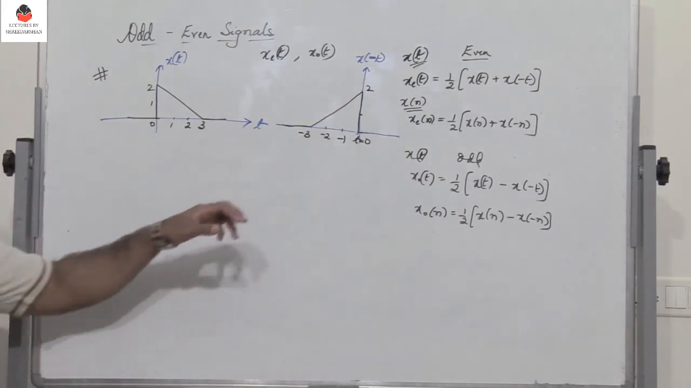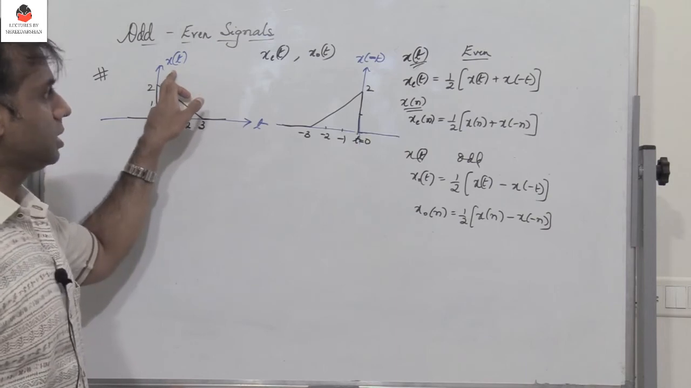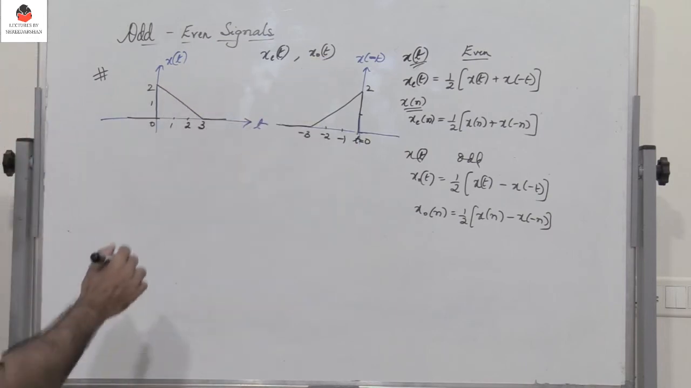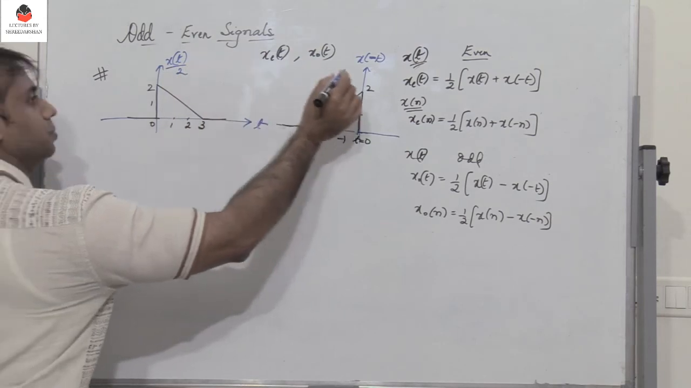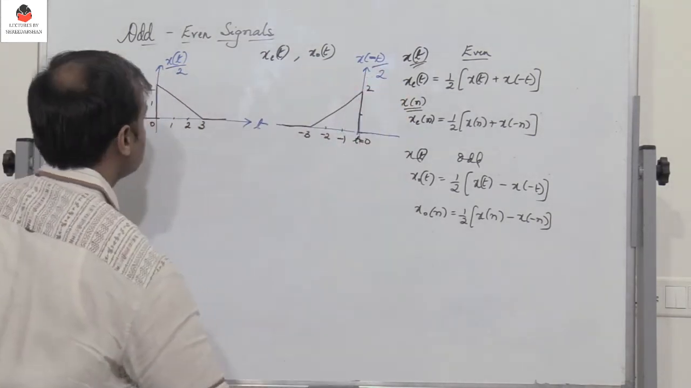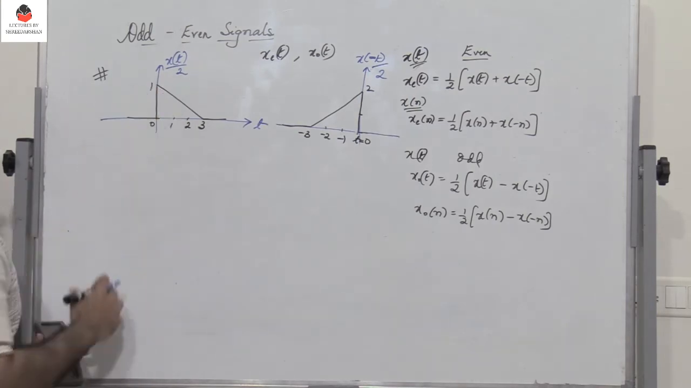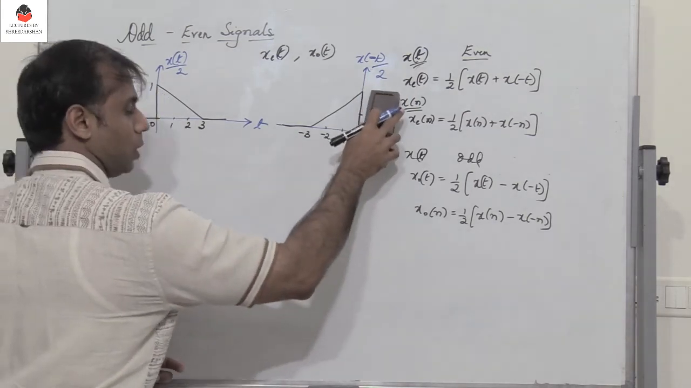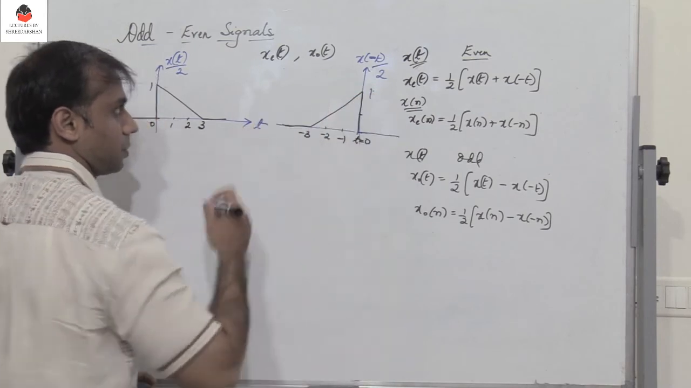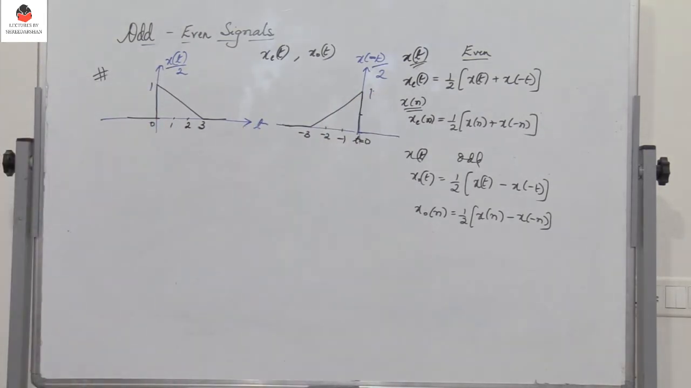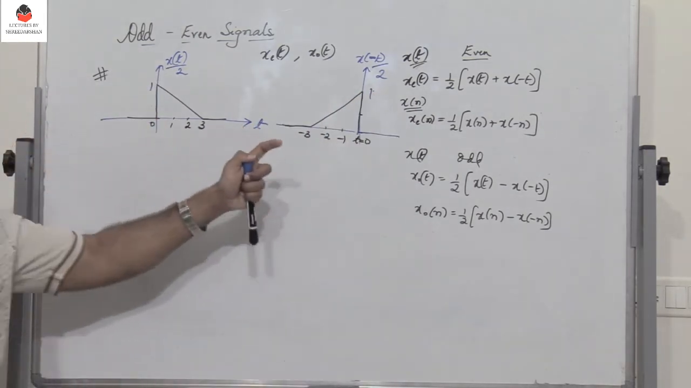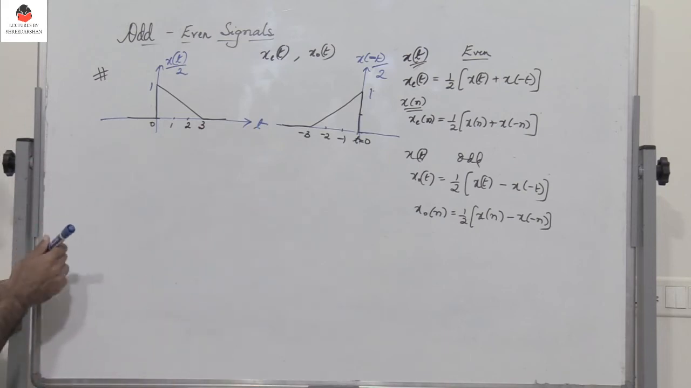Now in both the cases we need half of x of t and half of x of minus t. So if I divide this by 2, what happens? The amplitude gets divided, so it's going to be 1 here, and the maximum amplitude here would be 1. To find the even component, I just have to add these two signals. When I add these two signals,